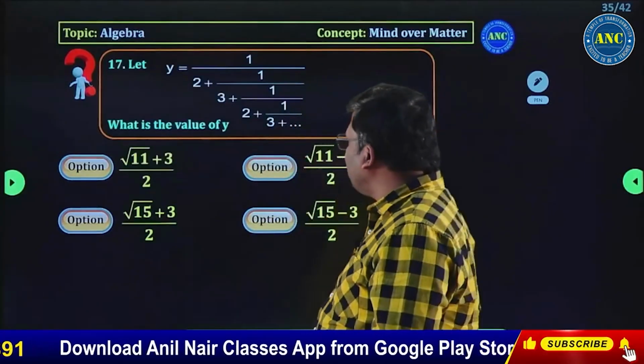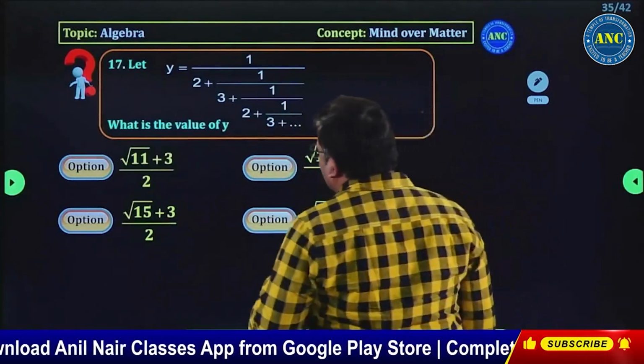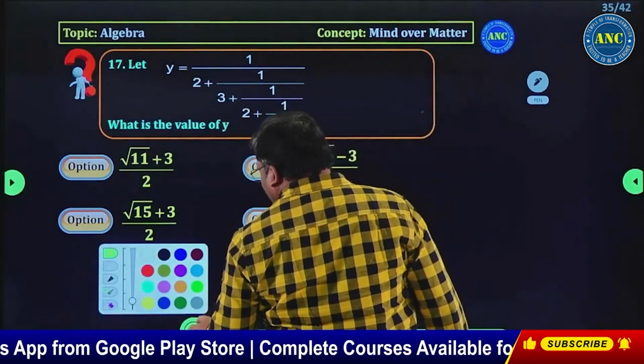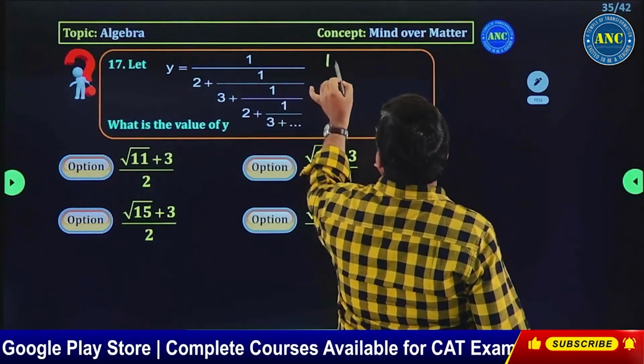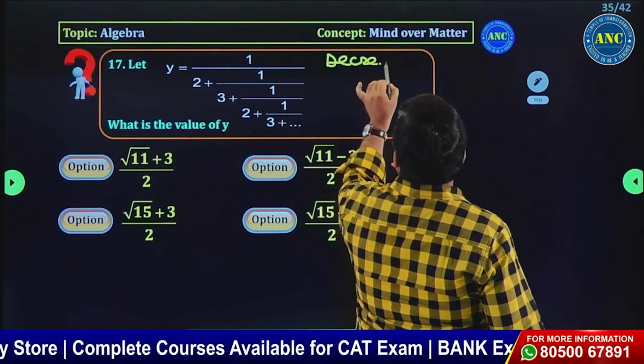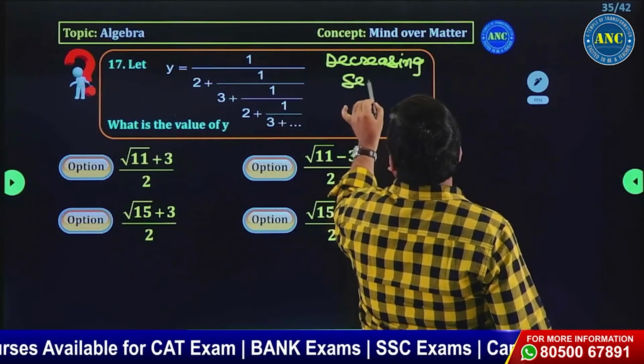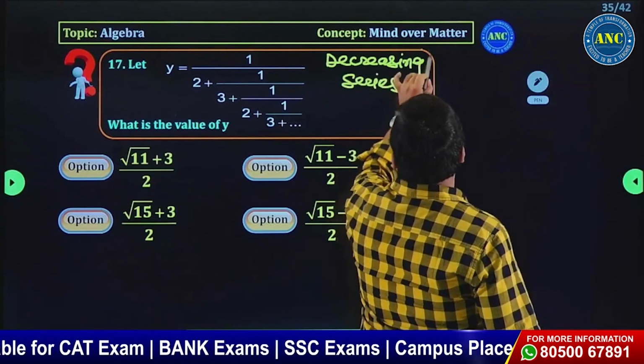Problems like this, you can use this approach. Again, it is 1 by 2, denominator, denominator, denominator. Again, it is a decreasing series. In a decreasing series,